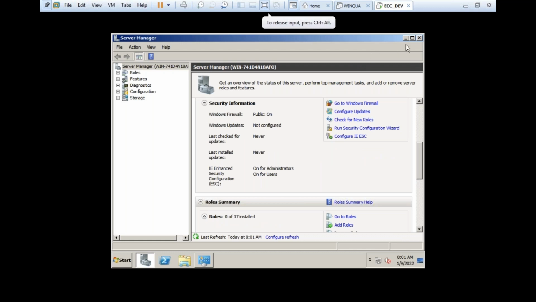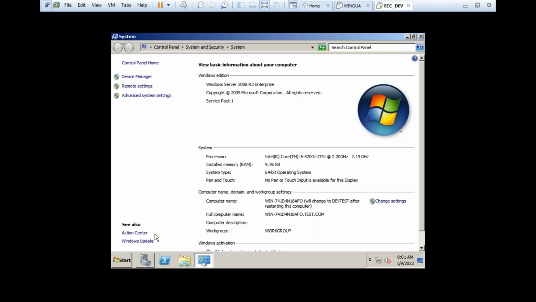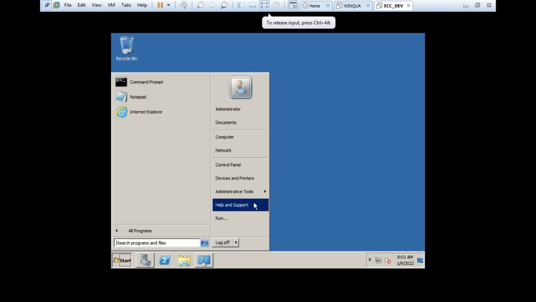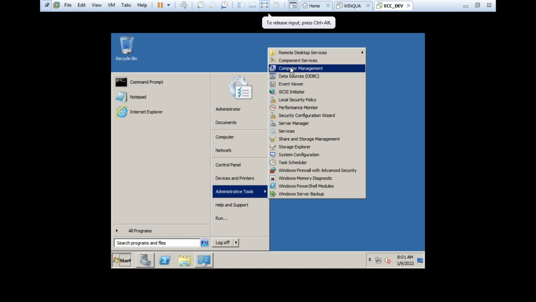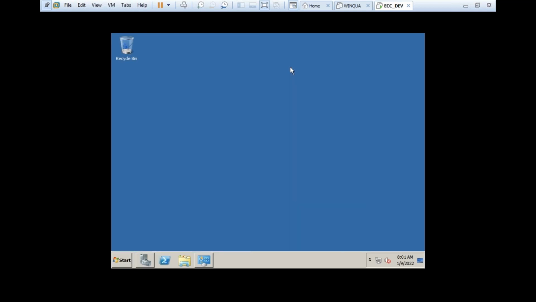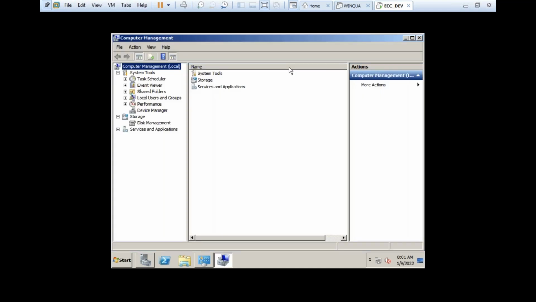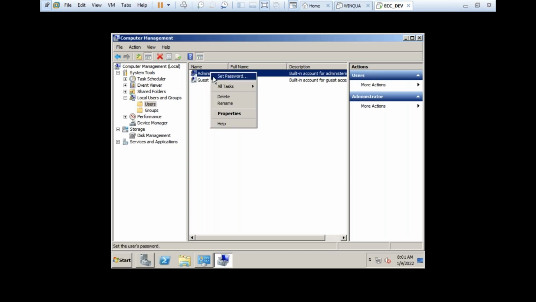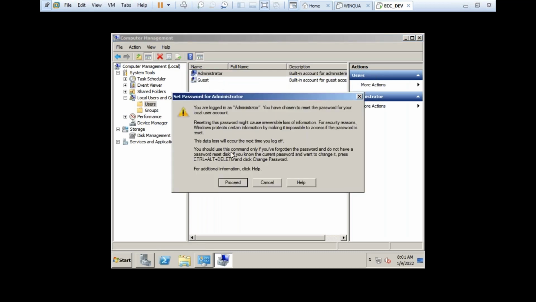Now we have to change the password of your admin. Users, administrator, set a simple password.